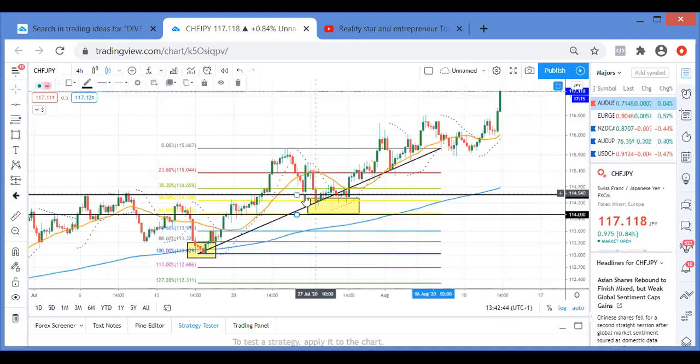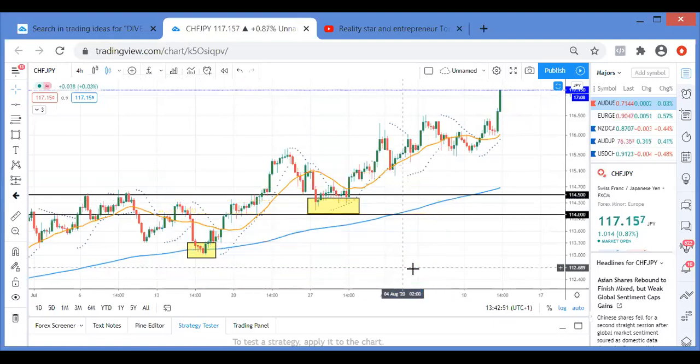Whether the market comes here or it comes here, I'm looking for my buy. And why would I feel comfortable? One sec, let me delete this Fibonacci. Why would I feel comfortable looking for my buys at this line or this line? Because both lines are above the 200 moving average. Guys, this thing's easy, man.